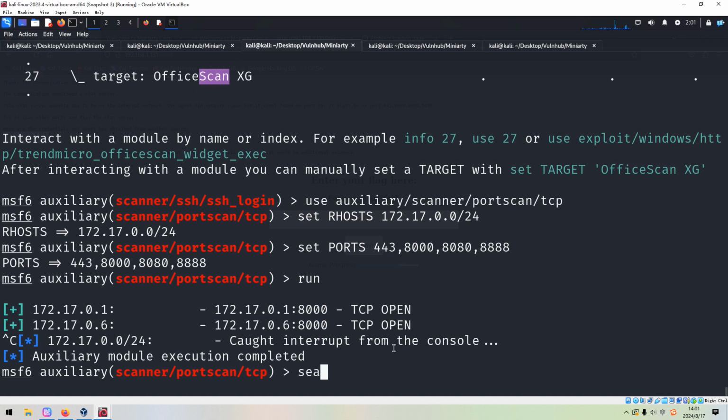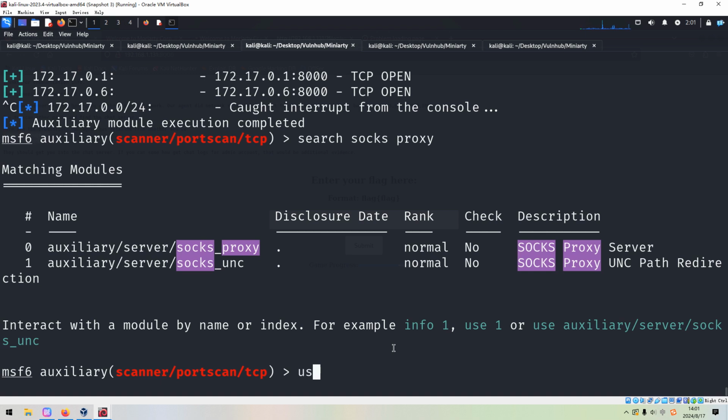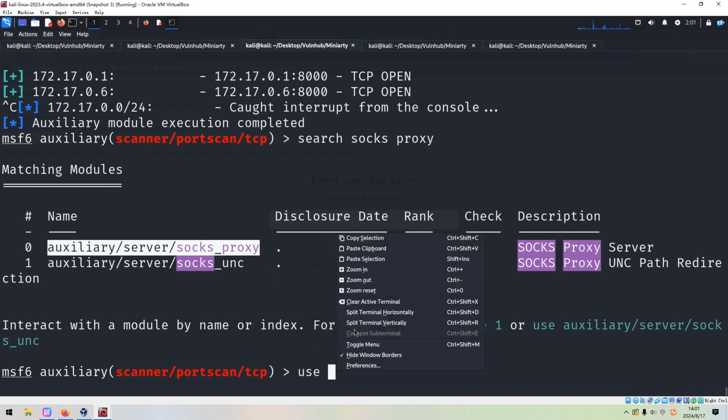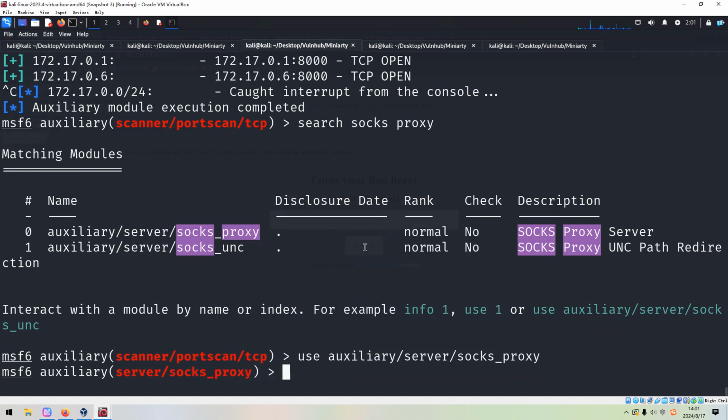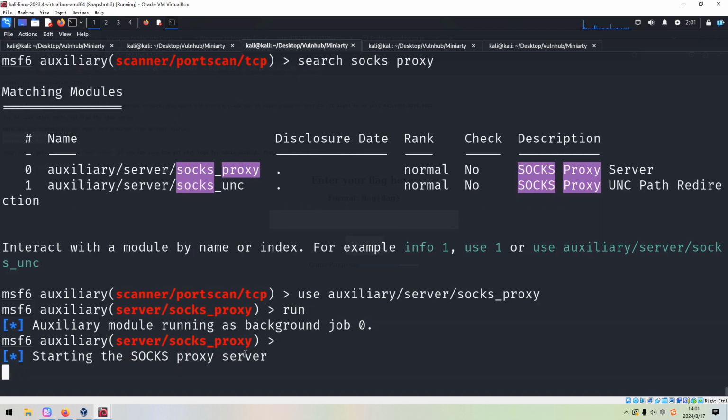We can search for the SOCKS proxy, and we can use the first module. This module can help us to set the SOCKS proxy, and now we can just run it because I will use the default port number 1080.